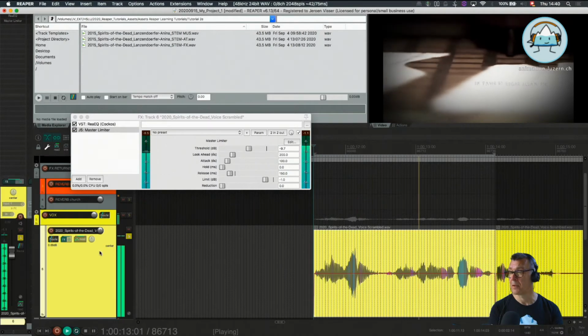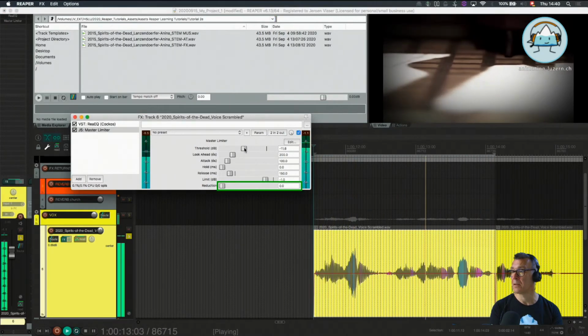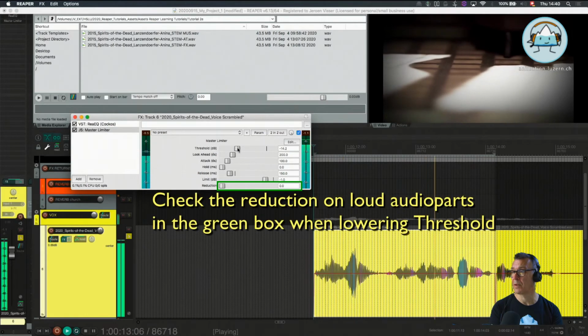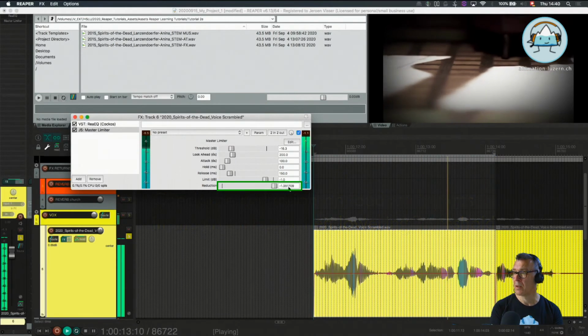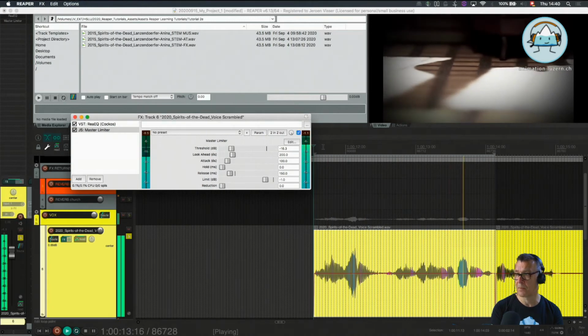Thy soul shall find itself. Here we have the naked signal, and we can bring up the total level a bit. And you can see on the bottom here the reduction fader is hitting some points where it's really loud and keeps it at this level. So you can see that here at the input it is like